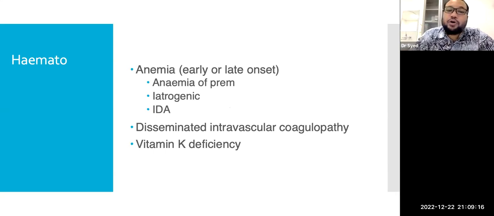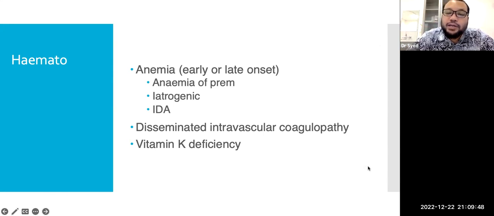Anemia, as mentioned before, you can have anemia of prematurity because of immature bone marrow or immature liver, right? Your fetal hemoglobin is produced in your liver, right? And it can also be iatrogenic. For example, you take blood often. For a newborn baby, we take blood. If you remember, if you take a full blood count, how much do you need? You need 0.5 mils of blood to send for a full blood count.